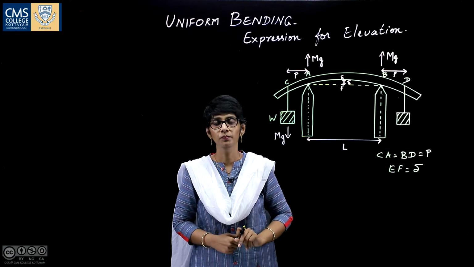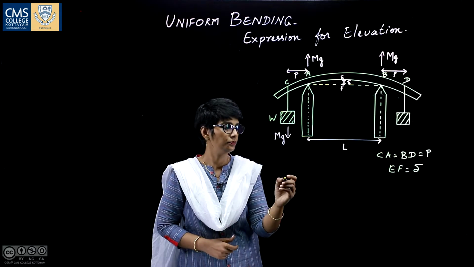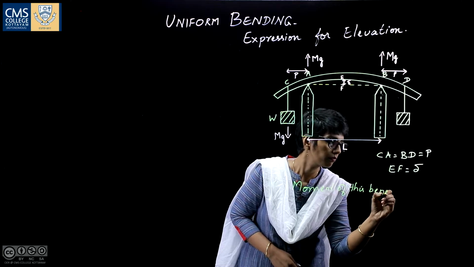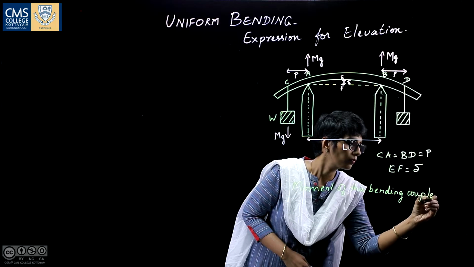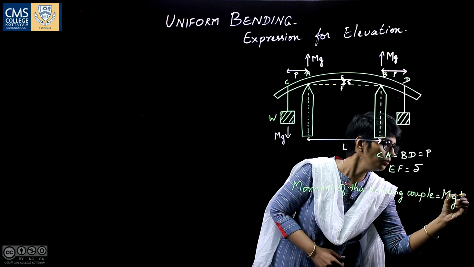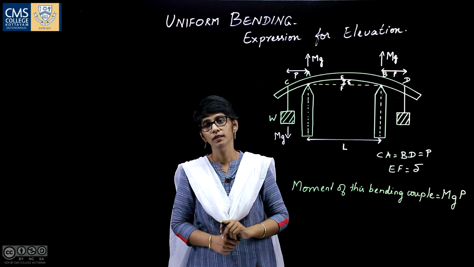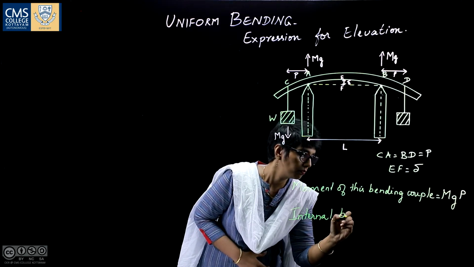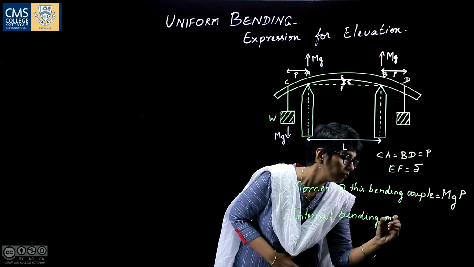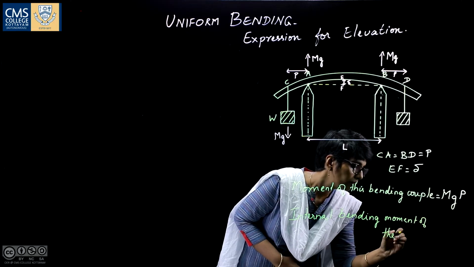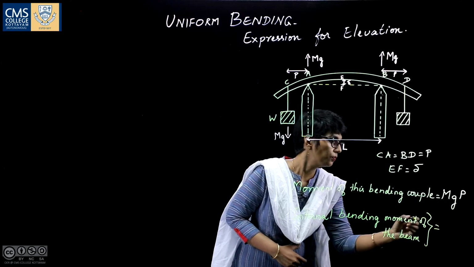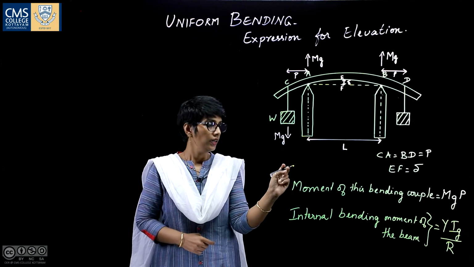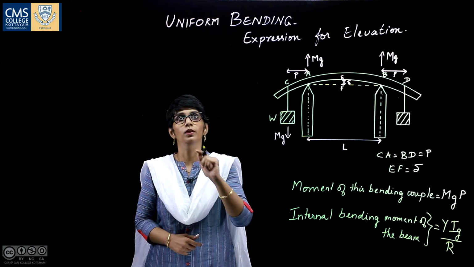These forces constitute a couple, and the moment of this bending couple is mg into P. We have derived earlier the internal bending moment of the beam, and it is equal to YIg by R. At equilibrium, the external bending moment and the internal bending moment are equal. So,